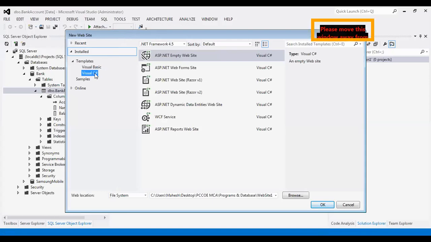Visual C Sharp, ASP.NET Empty Website, and give the name bank web service.